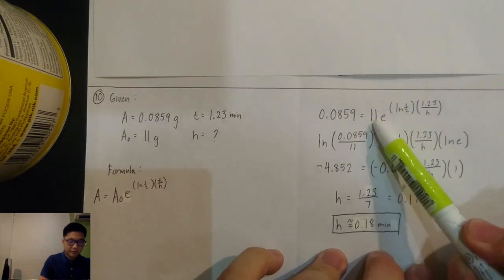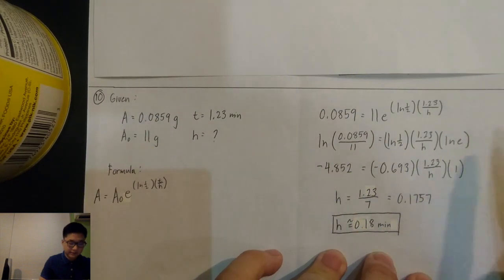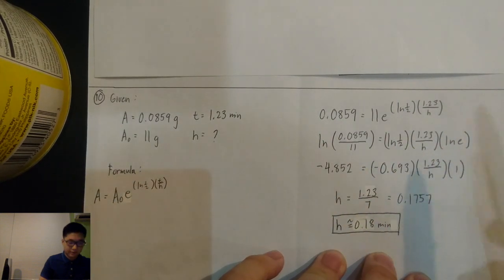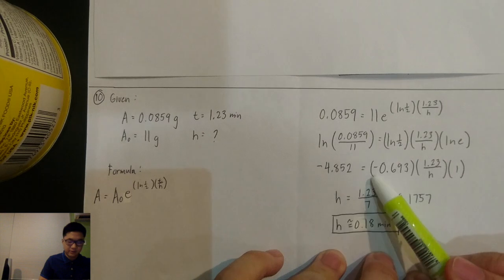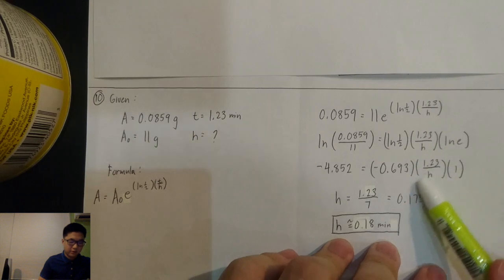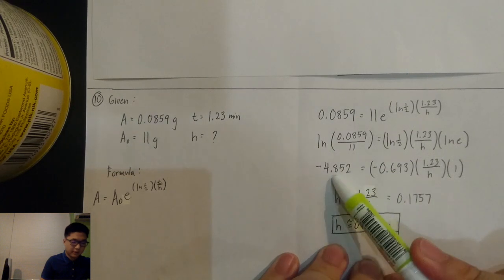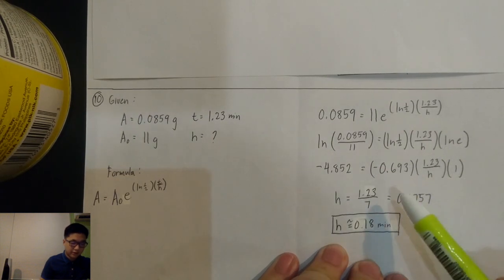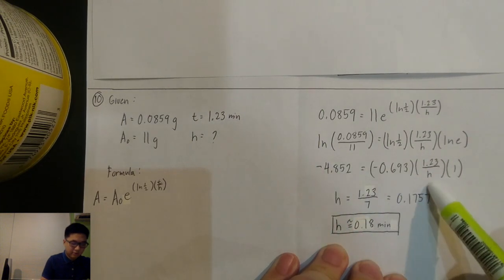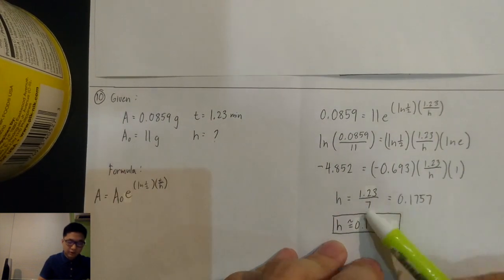Okay. Now first we divide 0.0859 by 11. Then we get the ln of both sides. Then the ln of 0.0859 divided by 11 is equal to negative 4.852, which is equal to negative 0.693 times 1.23 all over h times ln e, which is equal to 1. So what we do now is 4.852 divided by 0.693, which is equal to 7. Now we need to find h, so you put h up here, put 7 down there. h is equal to 1.23 divided by 7, which is equal to